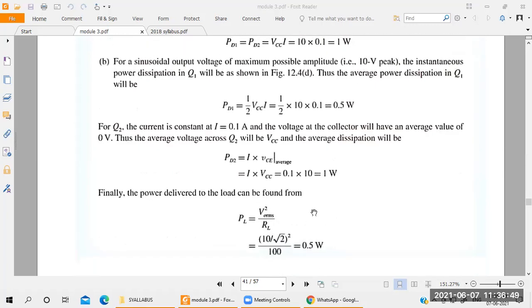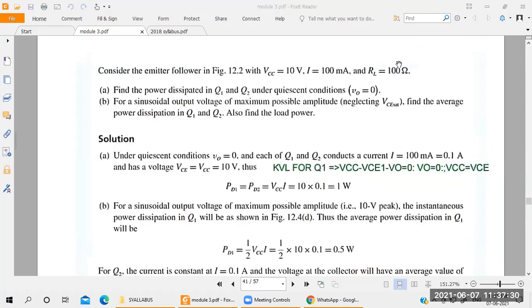After that, you have to find out the output power of the class A amplifier, that is PL. What is the output power here? That is AC voltage and AC current here. So I can write the power equation in terms of voltage form, in AC, that is V square RMS divided by RL. How much is V here? 10 volts, VCC is 10 volts, right? 10 divided by square root of 2, whole squared, divided by 100.